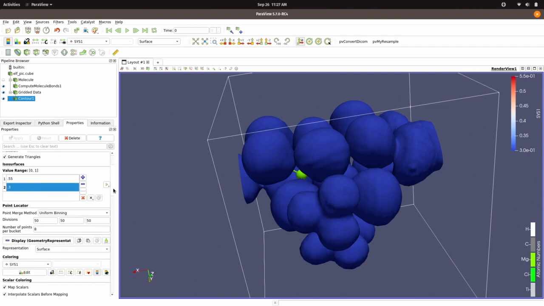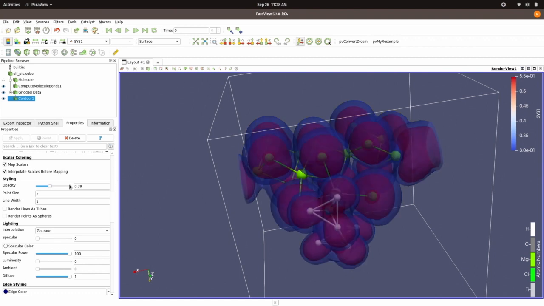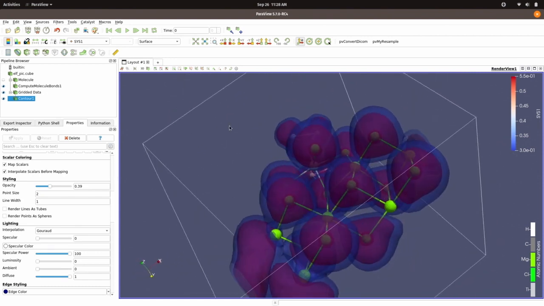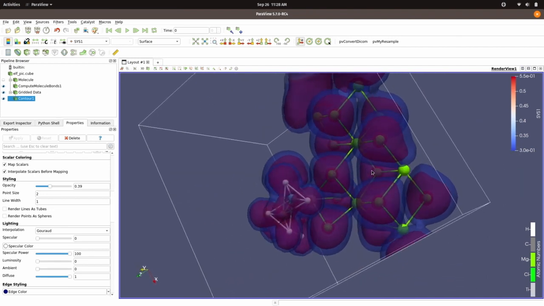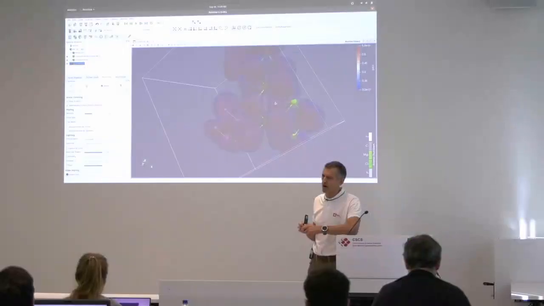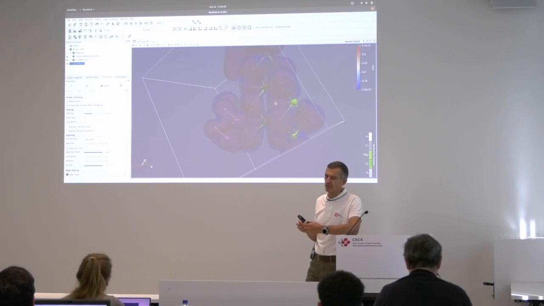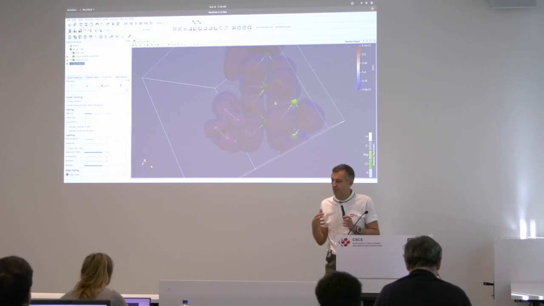So I can make it semi-transparent, going like this. Okay. I'm starting to have something more useful, but still I would have to work on it. And the problem here is that doing the correct rendering of semi-transparent polygonal surfaces requires a feature which is enabled in ParaView by default called depth peeling. So depth peeling is this possibility to have,